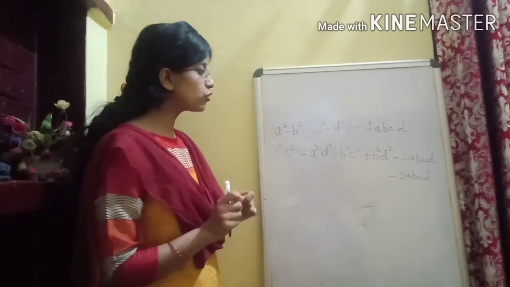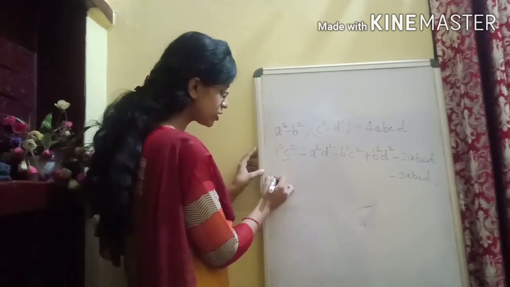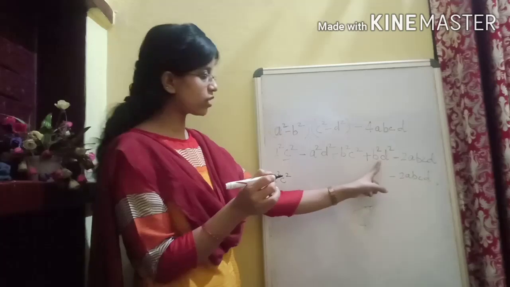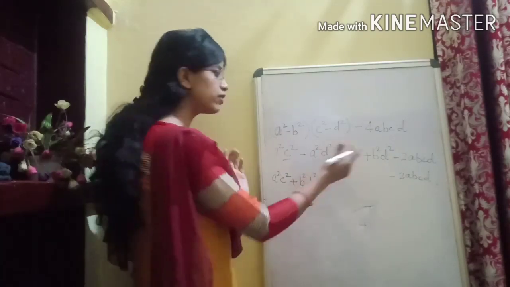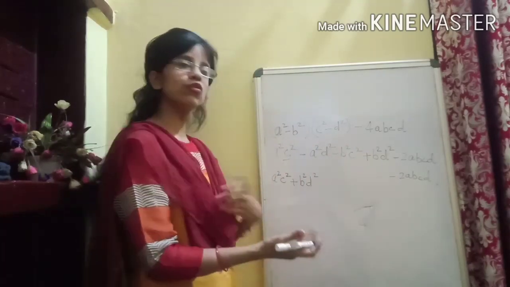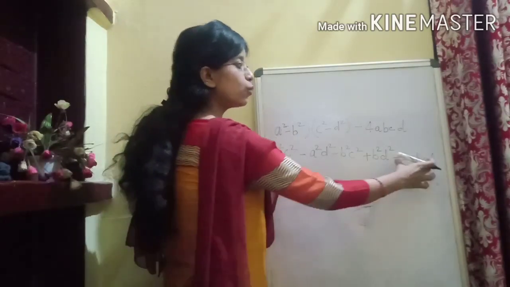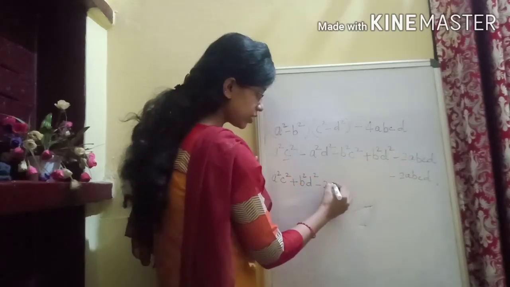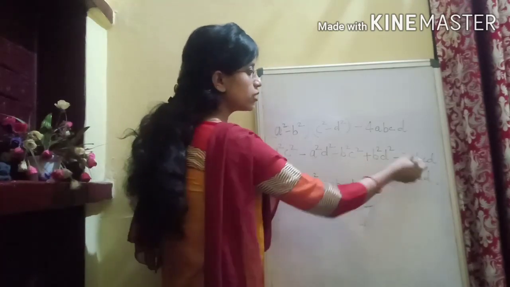Now after that, we are going to take this term which is a square c square along with the plus sign term, that is plus b square d square. We are just rearranging the terms to further do our question, and I'll show you why we are rearranging and what is the benefit of that. Along with these, there are two 2abcd terms, so I'm taking one 2abcd with it. So I have taken this term and this term together.